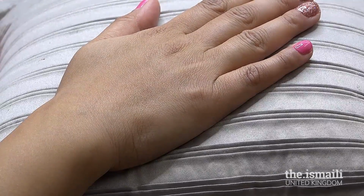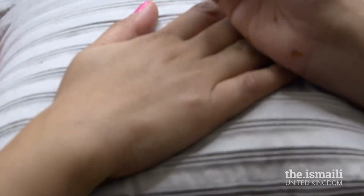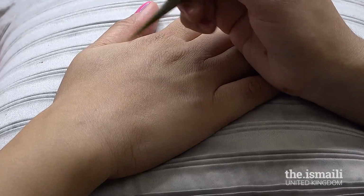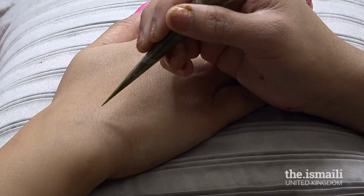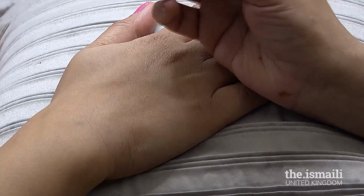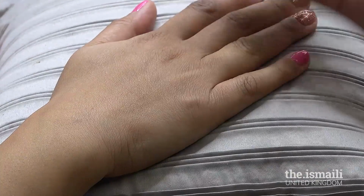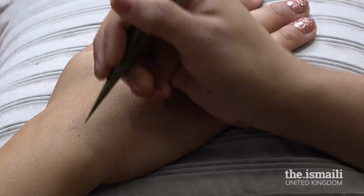So my second design is a simple strip design. When someone doesn't want too much of mehndi, just nice little design, then this design is perfect. So I'm going to show you how to draw a simple strip design using only two different styles of flowers. So let's begin. So my first flower, I'm going to start from the wrist,